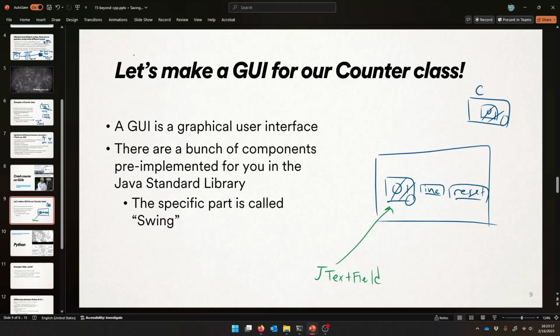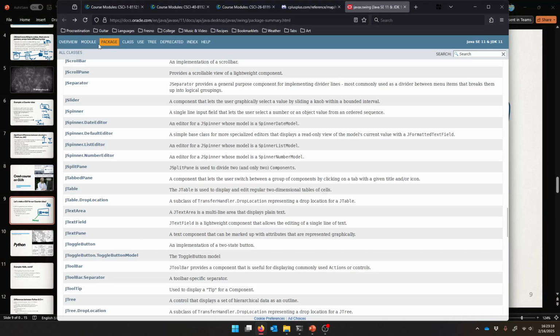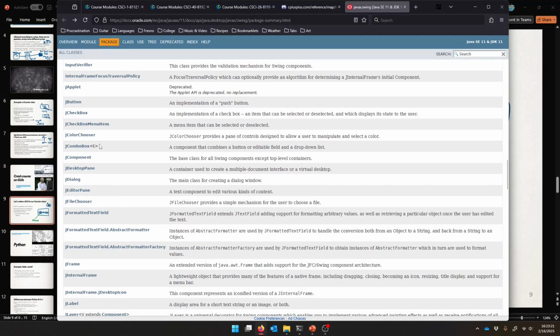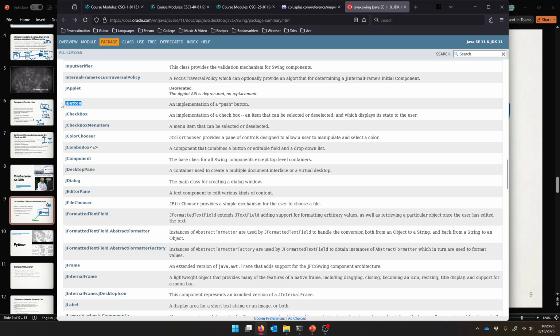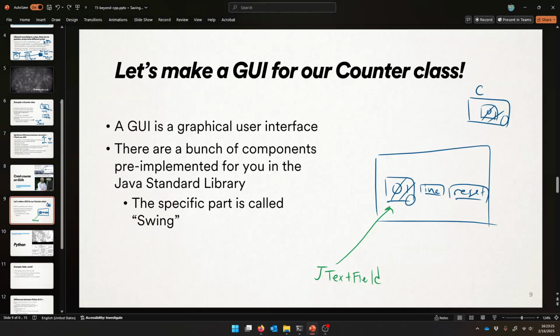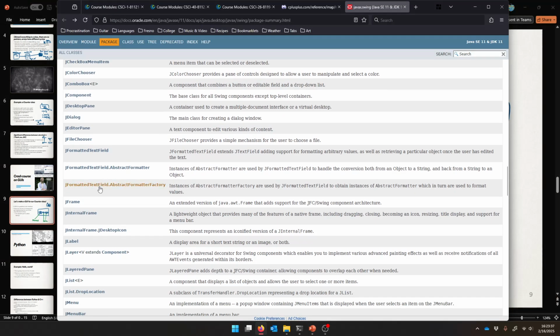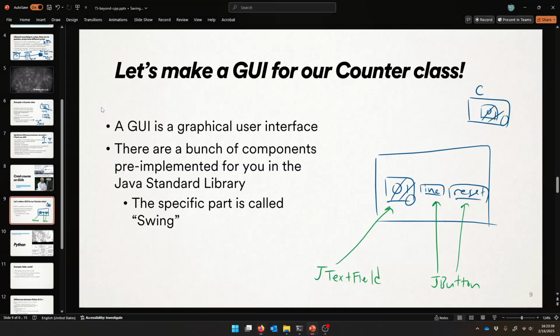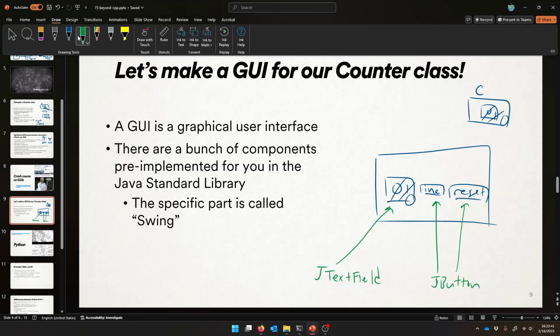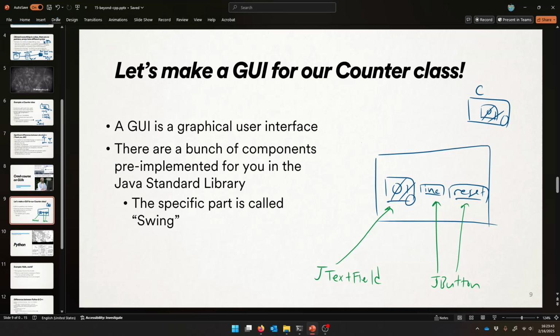And then these two bad boys are called JButtons. So that's this one. You have a JButton that you can put some text inside of, and you can tell it what code you want to run when it gets clicked. Because that's pretty much what needs to happen, right? JButton. And then as far as windows go, to make a window, it's called a frame. So you make a JFrame, and that's a window that lets you put stuff in it. So there needs to be a frame